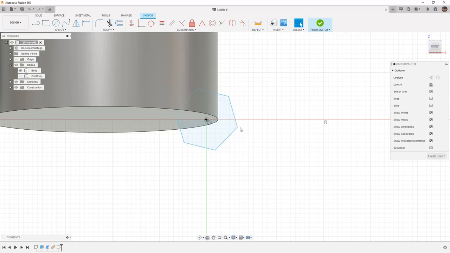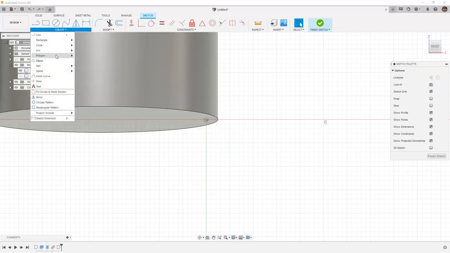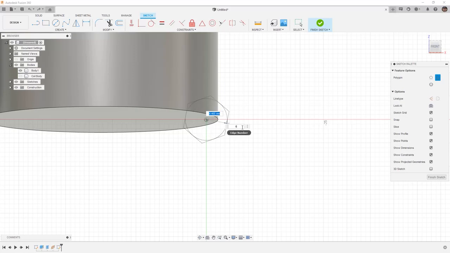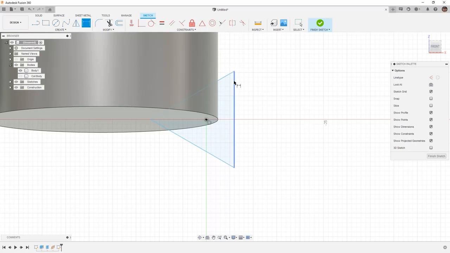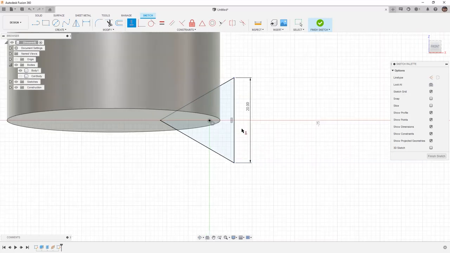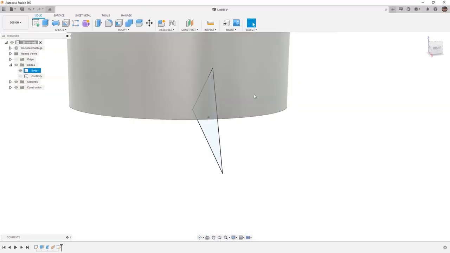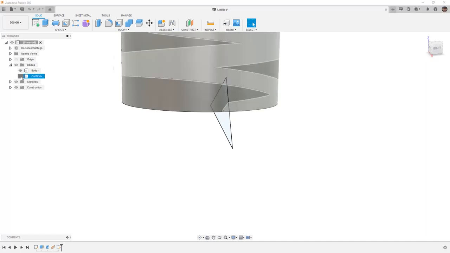In order to create the polygon that we want, let's start the tool again. And we're going to go over to this edge number and set it to 3. Once we create that edge number, we can begin defining it. In this case, we can define it however it needs to be based on our requirements. I'm going to use D on the keyboard to set the value, and I'm going to begin by setting this to 20 millimeters. I'm going to hit escape, and then I'm going to use horizontal vertical to set this as vertical. From here, we now have our profile, we have our solid geometry, and we have our coil body that'll help